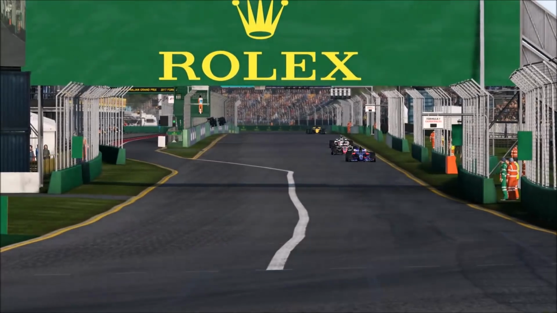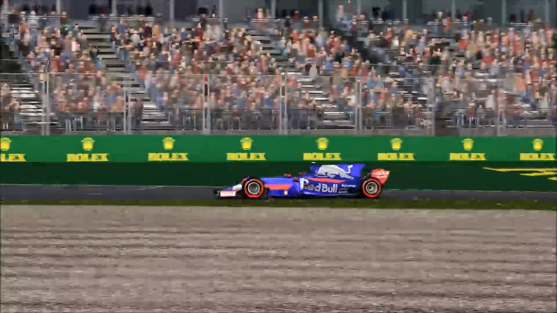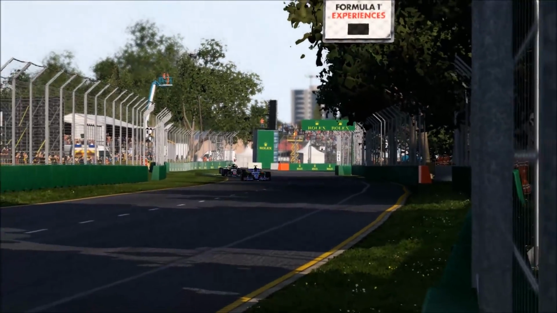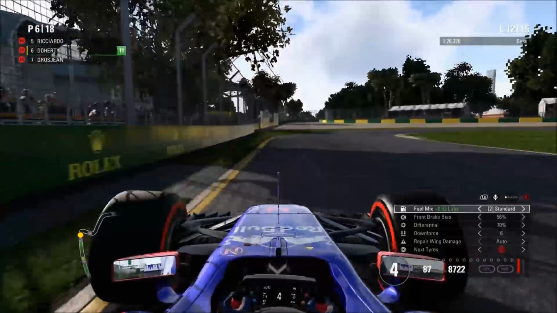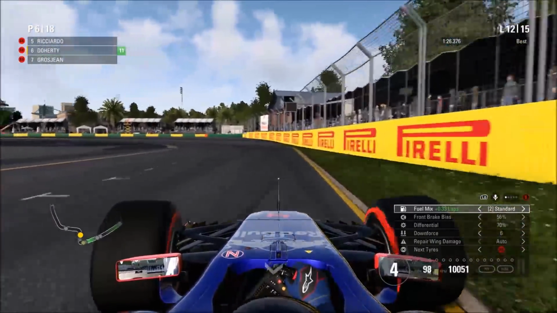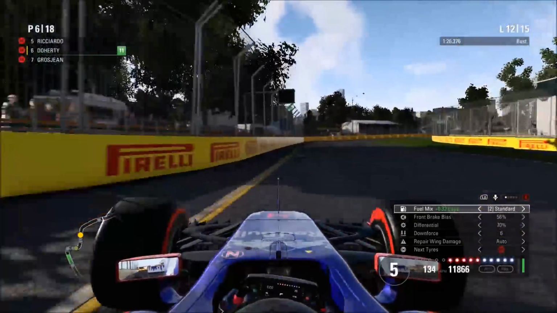So we've got a little bit of a train forming behind us, so I think we've got Grosjean and that's Massa following him as well. And yeah, if we can hold on to this to the end of the race, then that would be pretty good. But I'm driving my balls off at this point at the moment. You'll probably hope to be able to see. So coming through here, I'm driving really well at this point,